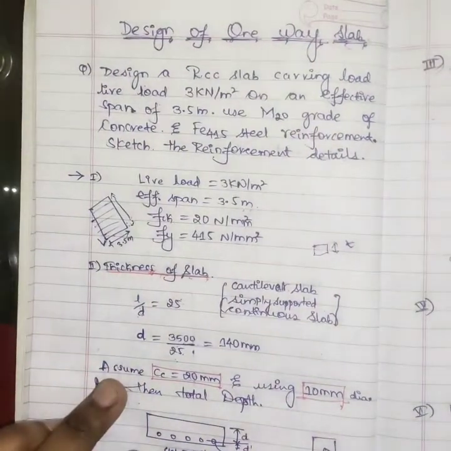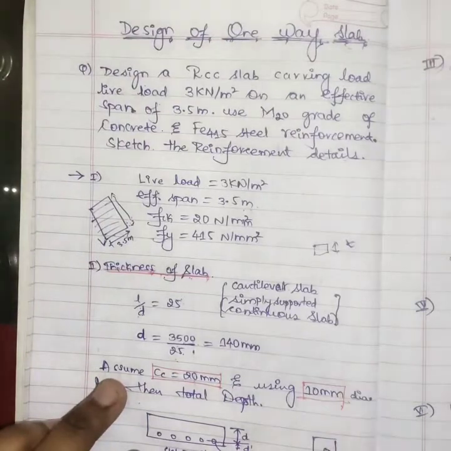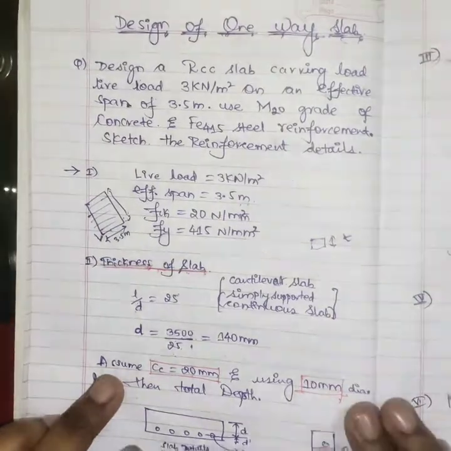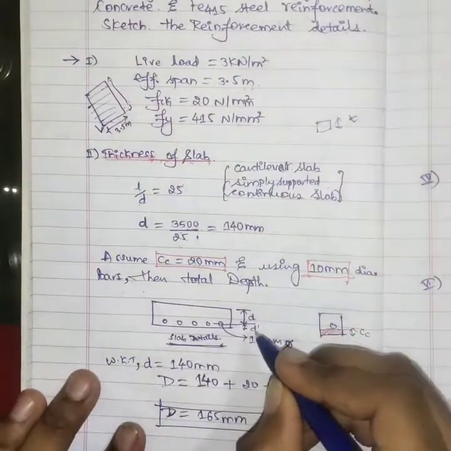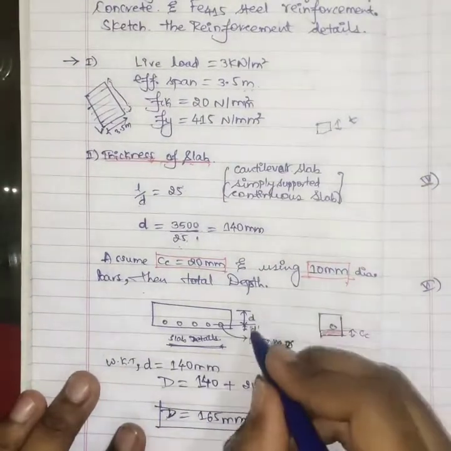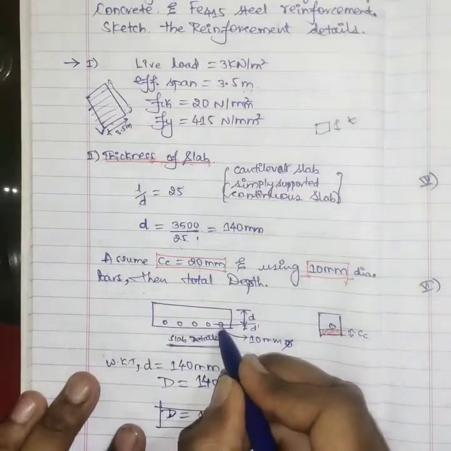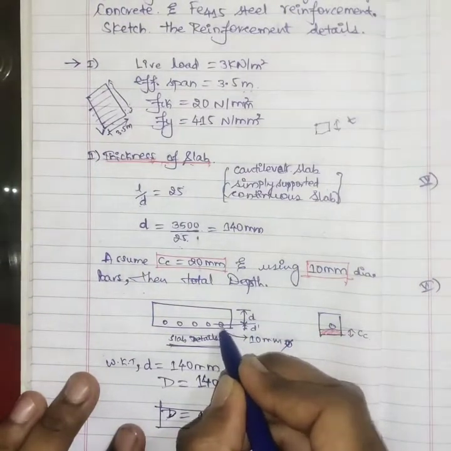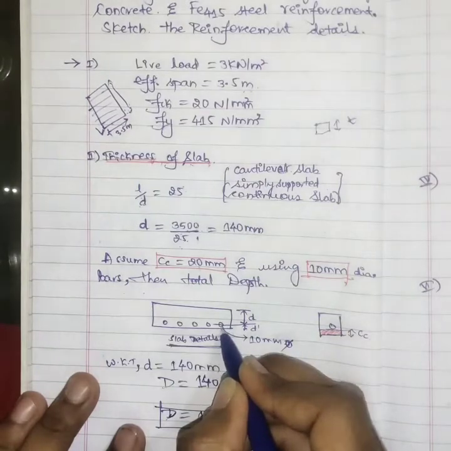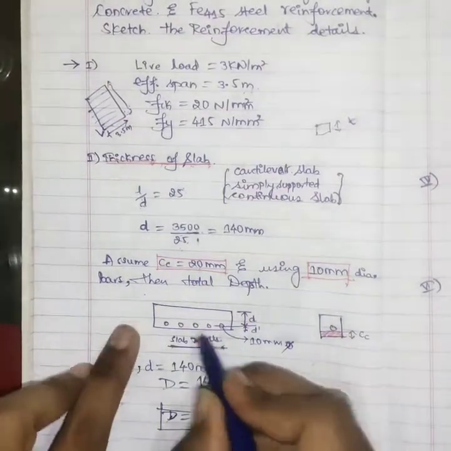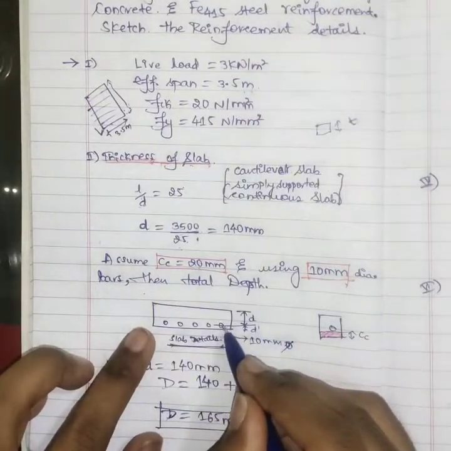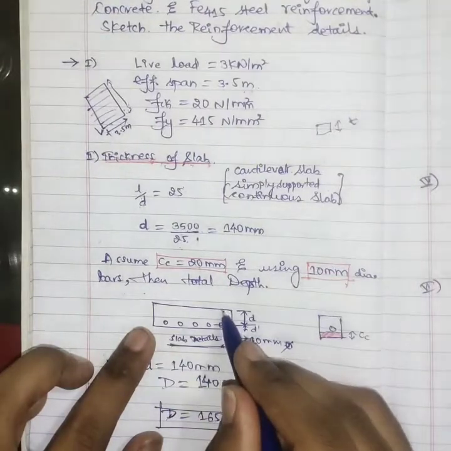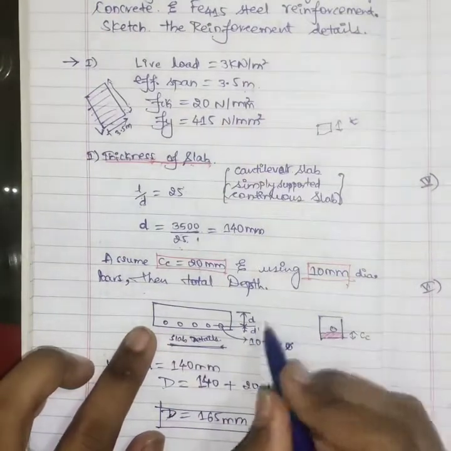See here, what is the difference between the effective depth, clear cover and effective cover? You should know these three things compulsorily, so I will clear all these doubts here. First of all, remember effective depth. This is the diameter of the bar, a bar placed in the slab, near the cover. If this is the slab thickness, from the center of the bar up to the top end is called the effective depth.